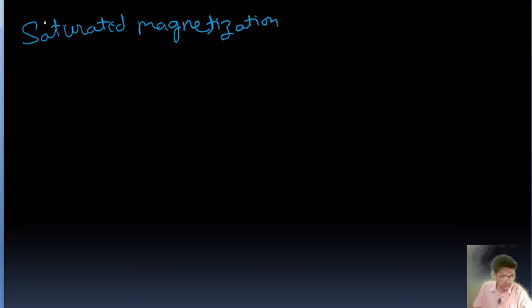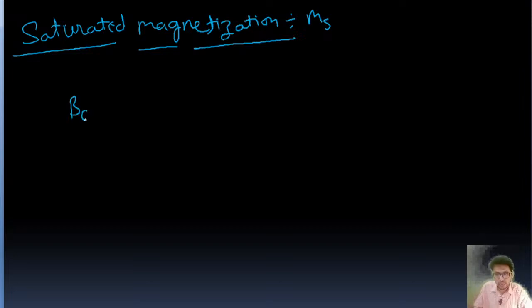It is denoted by MS. In the case of a paramagnetic substance, when we increase the external magnetic field, the magnetization will also increase, but after some time,